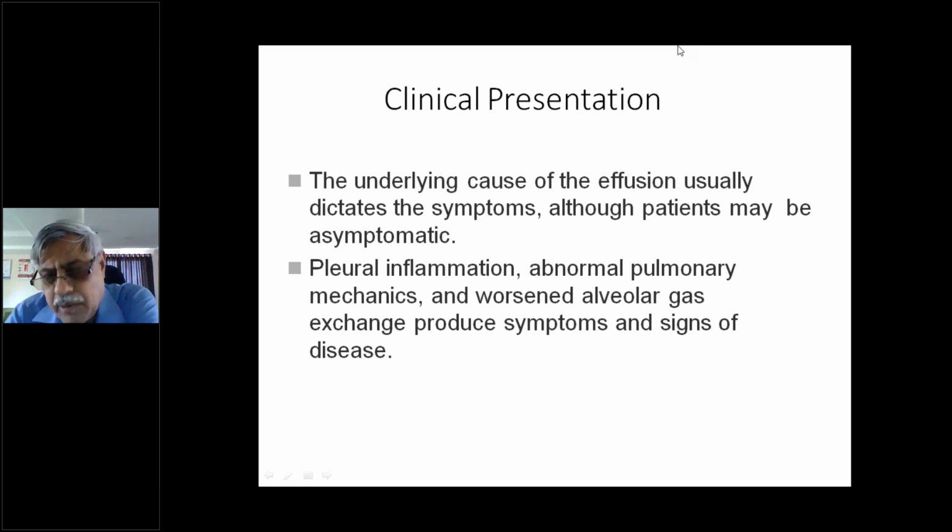First, about 150 ml of fluid is required to cast a lateral shadow. That is, suppose the patient lies down and you take a film, then lateralization will be present with about 150 ml. In erect posture, if you want to see pleural fluid, minimum 300 ml of fluid is required. Clinically, to demonstrate signs of pleural effusion, minimum 500 ml of fluid is required. More than 500 ml of fluid is known as moderate pleural effusion.